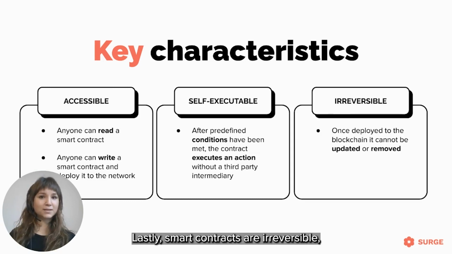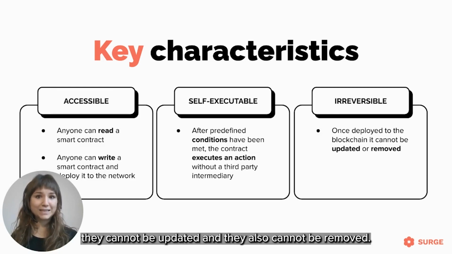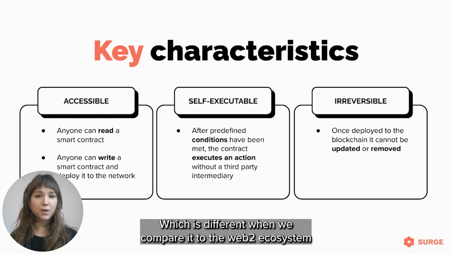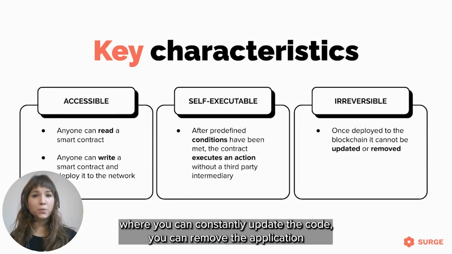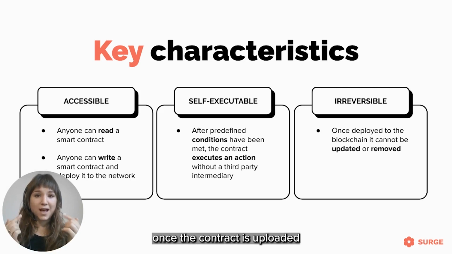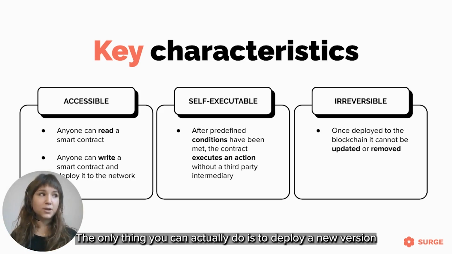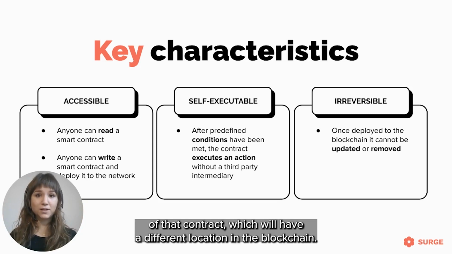Lastly, smart contracts are irreversible, which means that once they are deployed to the blockchain network, they cannot be updated and they also cannot be removed, which is different when we compare it to the Web2 ecosystem, where you can constantly update the code, you can remove the application that was deployed. But in terms of Web3, once the contract is uploaded to the network, once it's stored there, you cannot change it. The only thing you can actually do is to deploy a new version of that contract,